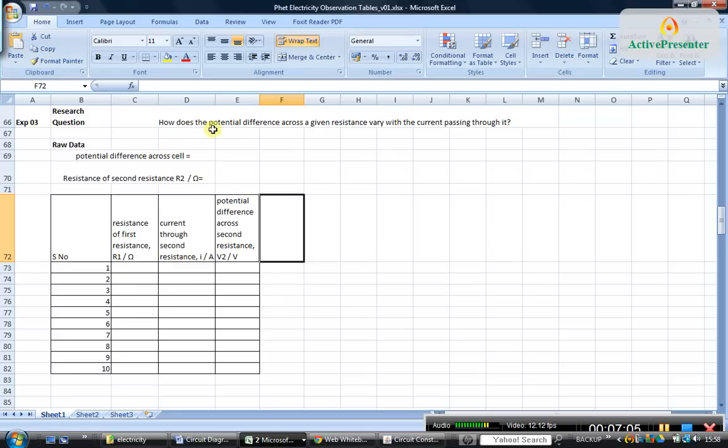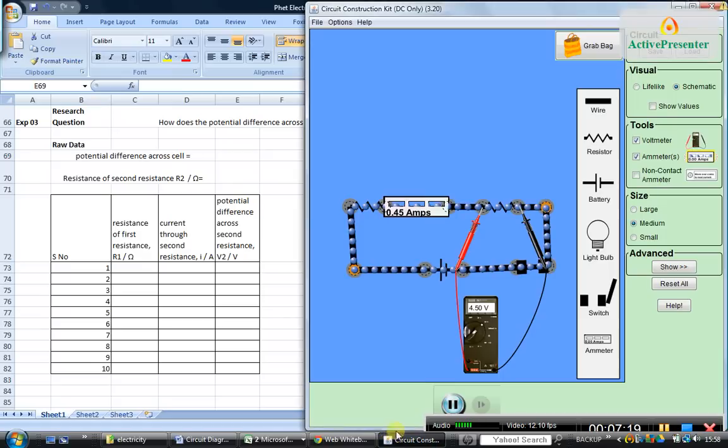So as I said, the research question is, how does the potential difference across a given resistance vary with the current passing through it? So potential difference across the cell, I should fix it. So let me take some value. Let us take